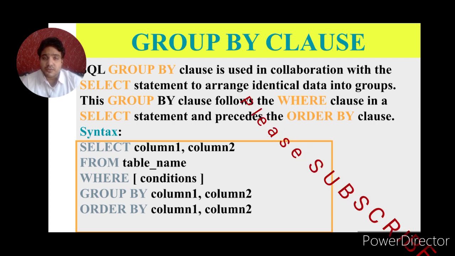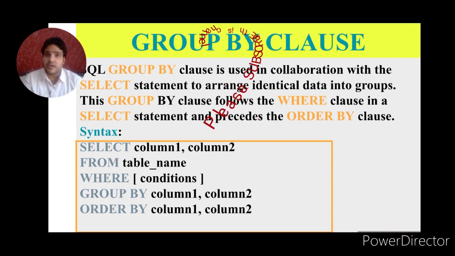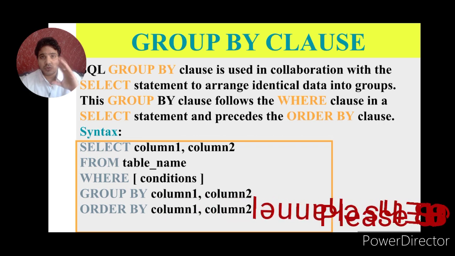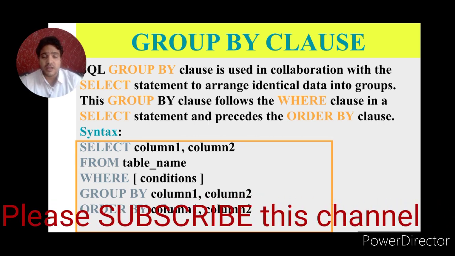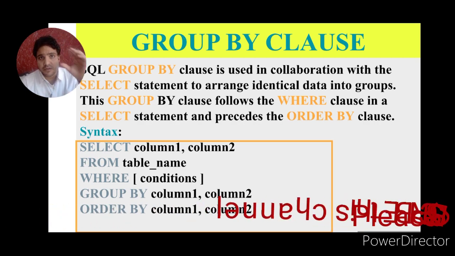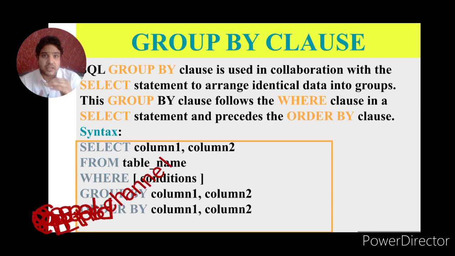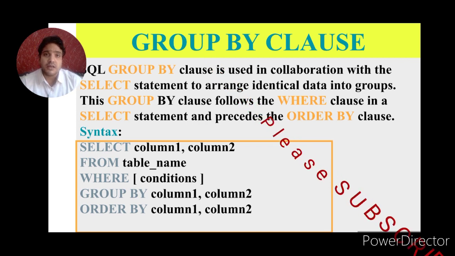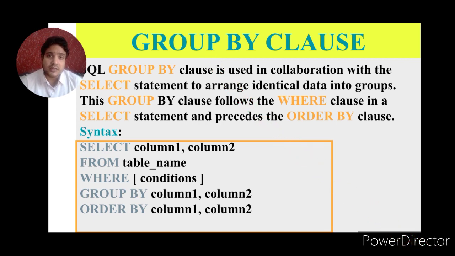Now the group by clause. Basically we have seen that any attribute should have atomic values, but if an attribute has the same value two times, or three times, then similar same values create a group. Aggregate functions may be performed on a group by clause. Aggregate functions means sum, total, minimum, average. These are the aggregate functions performed on a group.